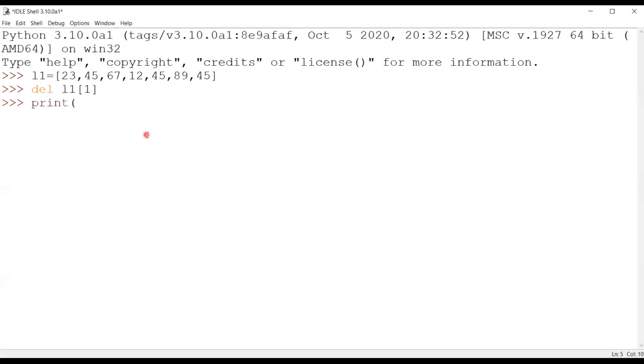But my print statement will give me this modified list. That means the first index location element has been removed already, and my print function has displayed the modified list, but the rest of the 245 elements are still there. So this indicates that we remove the element according to the index position, not according to the element value.